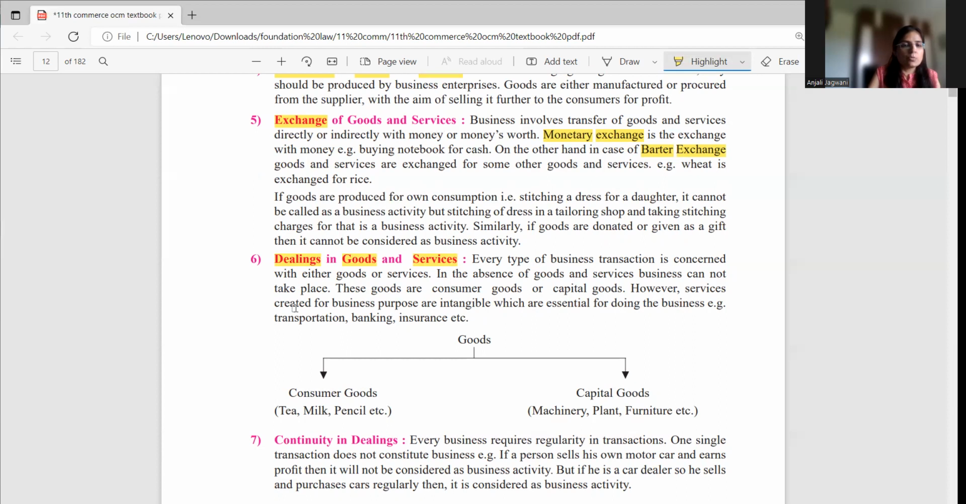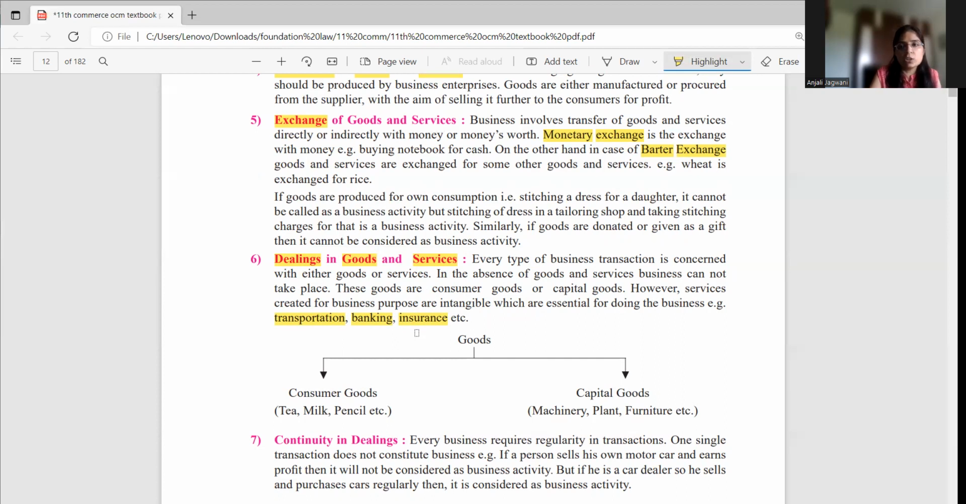For example, transportation, banking, and insurance services. Now, these services are day to day. Without banking service, तो अभी system चल ही नहीं सकता है. So much PhonePe, Google Pay, everything is so much digitally used that without banking service, the business cannot run only. So these are the services which are involved in day to day, and these are the business services only,